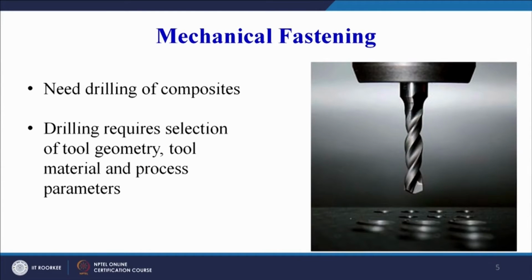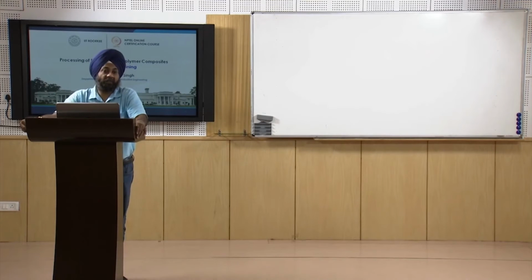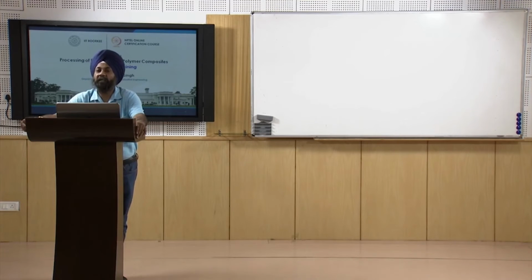Rather, I must mention that the point should be need holes in the composites. Why? Because drilling is only one process which is used for making holes. There can be a number of other processes which can be used for making holes in plastics or composites, and those processes, their mechanisms and challenges, we will try to understand in one or two sessions towards the end of our course, because making holes in composites is also a very challenging task, and what are the problems involved, we will try to understand today also with the help of one slide.